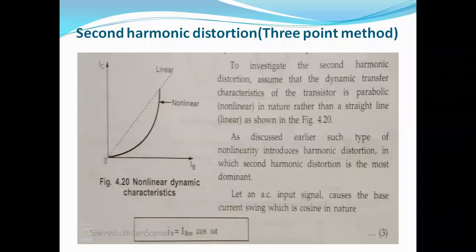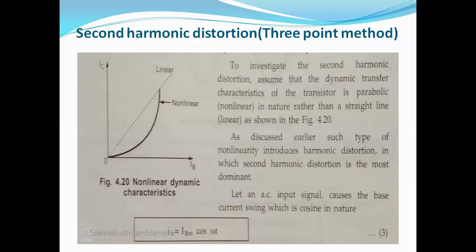That is, out of all the frequency components, the second harmonic has the largest amplitude. Because of that largest amplitude, it may give higher distortion compared to all the harmonics. So that's why we are calculating second harmonic distortion, that is the distortion due to the second frequency component. This type of calculation can also be called the 3-point method. By the use of the 3-point method, we are calculating the second harmonic distortion.